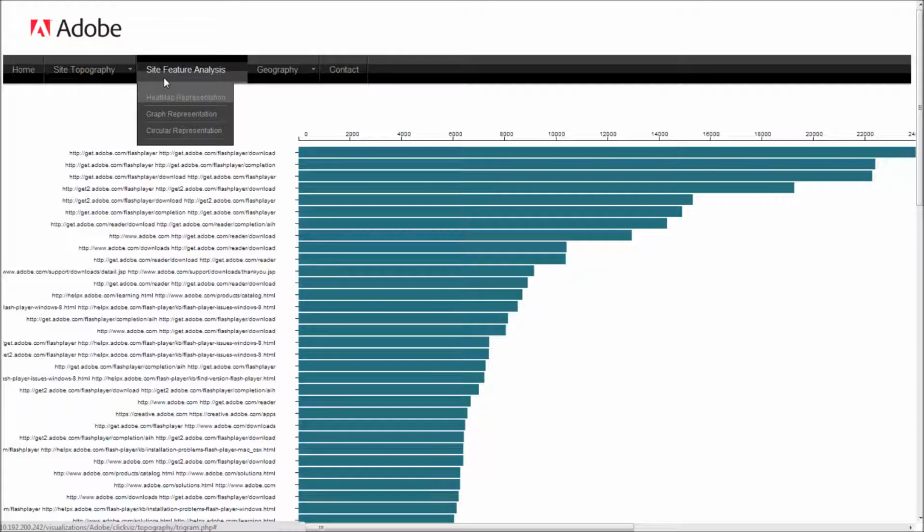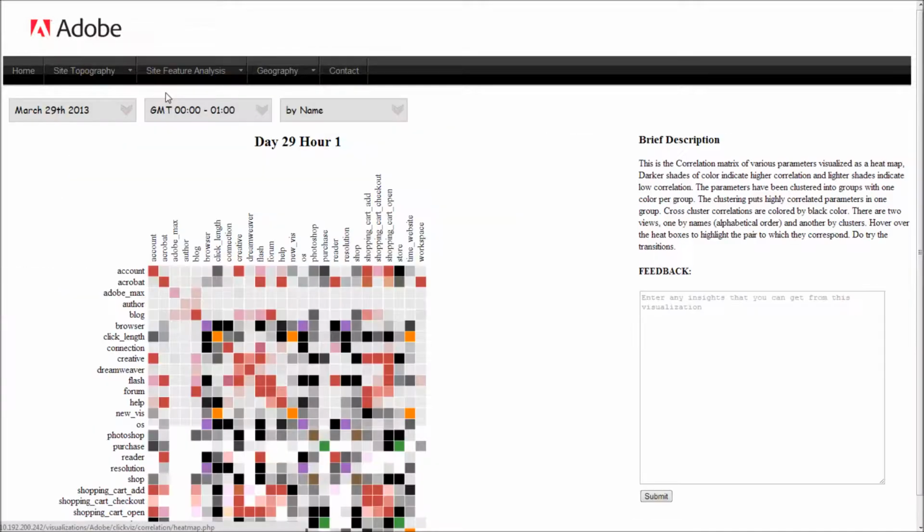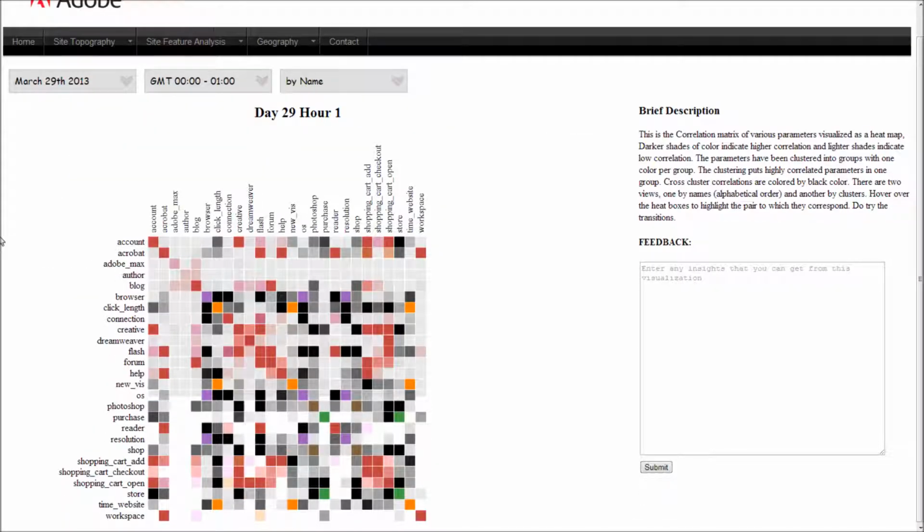Next, we move on to parameter association. Now, there are a lot of parameters of interest that can be computed from click-stream data, like time spent on the website or the click length, or whether a purchase was made, or what sections of the website were visited. But not all of them are of similar kind. Time spent and click length are continuous in nature, that is, they have an inherent ordering in them, whereas whether there was a purchase or not is categorical, there is no inherent ordering. So we need to convert everything to categorical because that's the only way possible.